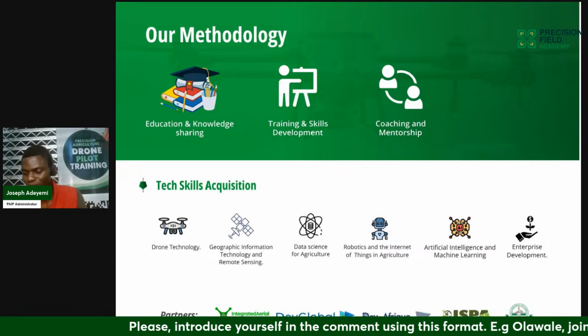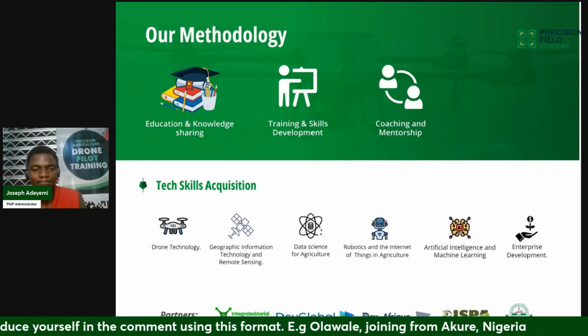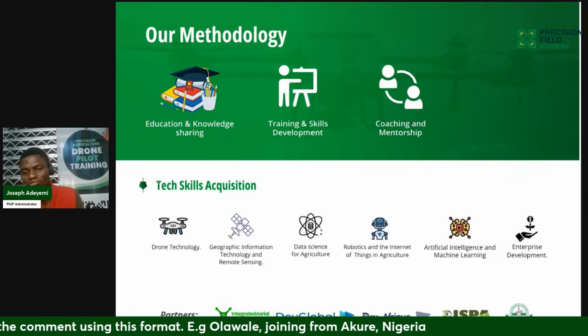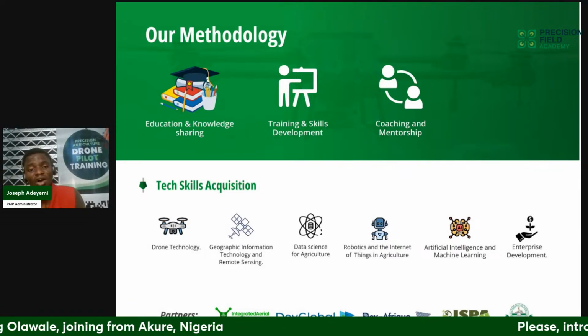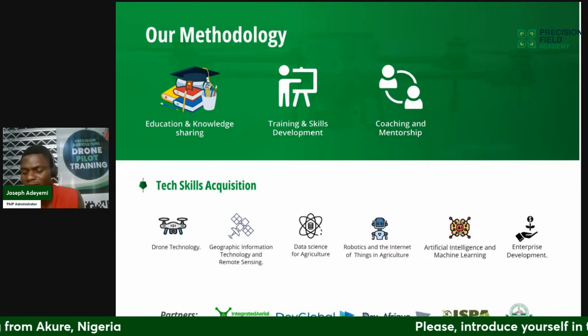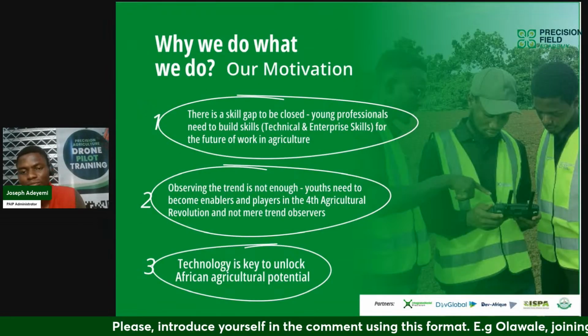And our goal is to introduce you to the various important things you need, both technical skills, soft skills, and everything else you need regarding digital and precision agriculture.